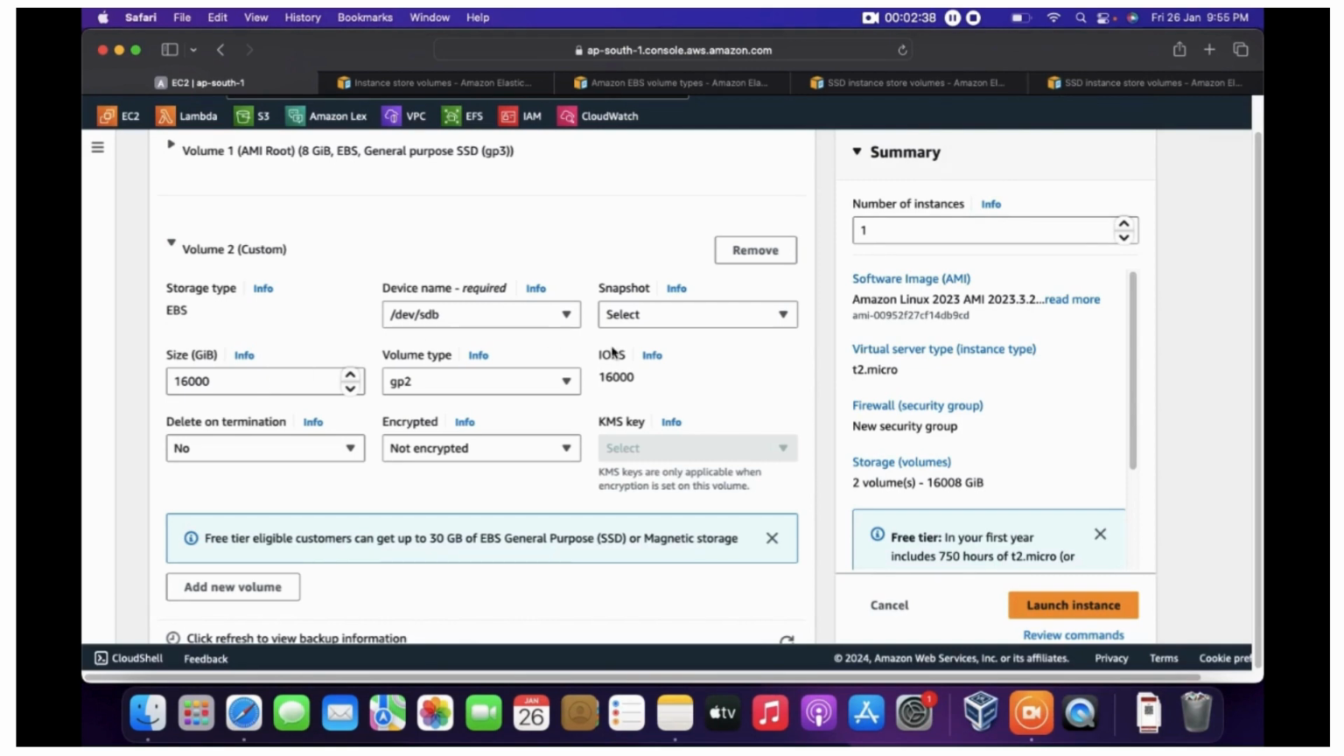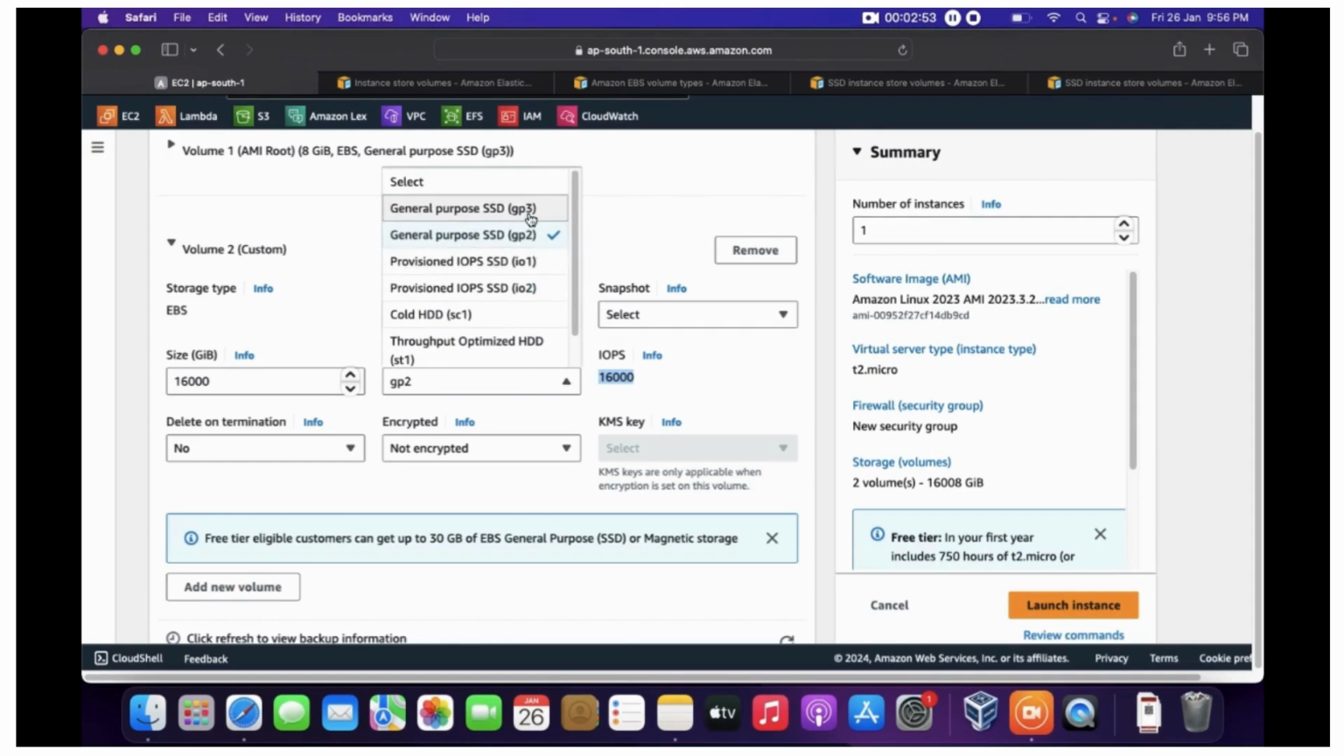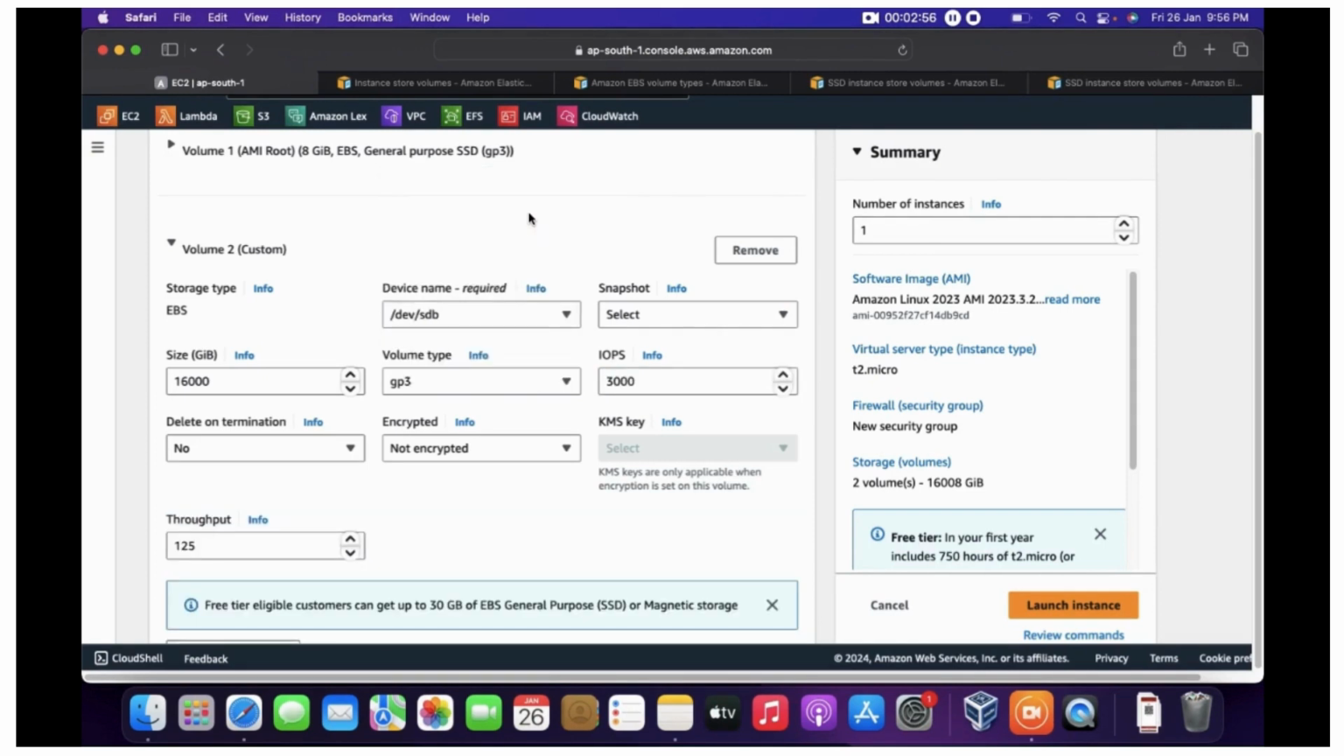Okay, another thing is you cannot select the IOPS based on the storage size. Based on the size of the storage, IOPS will be set automatically. If you want to select the IOPS, again you need to change to GP3. If you are selecting GP3, you will have the provision to change the IOPS as well as the